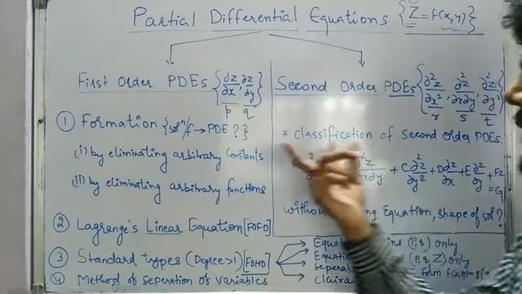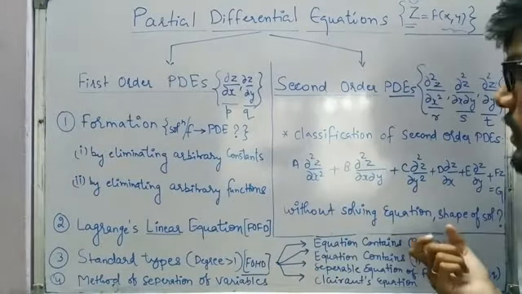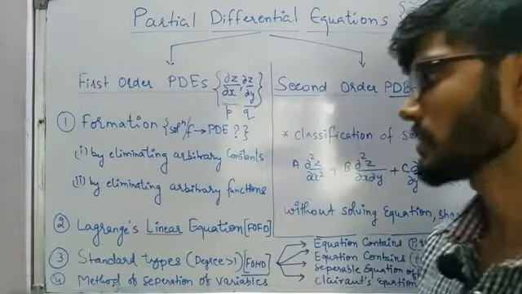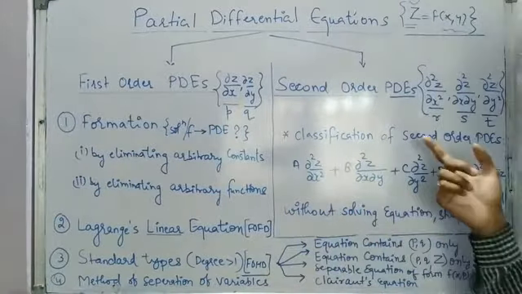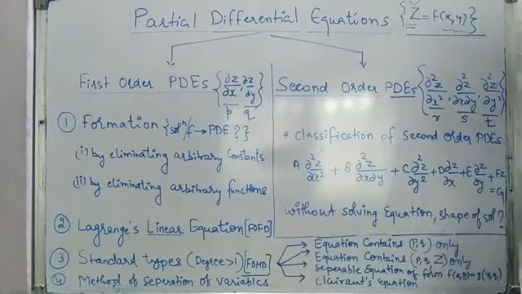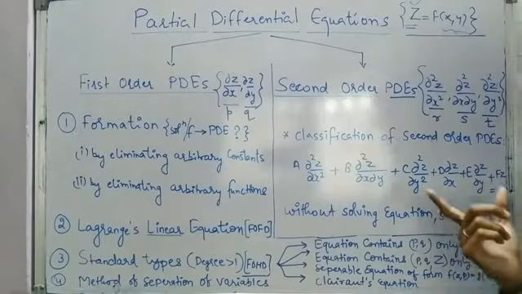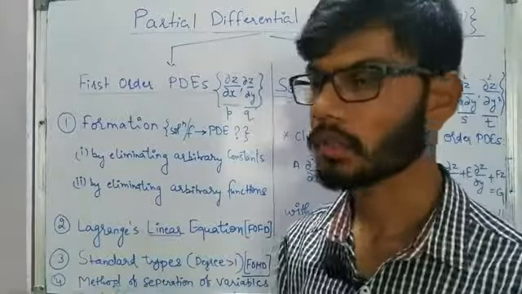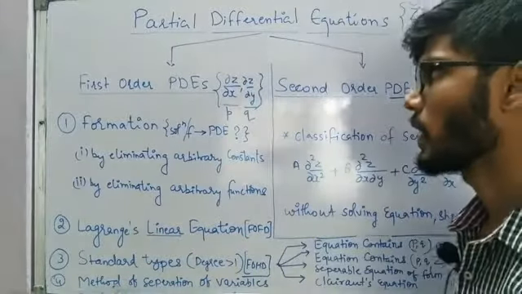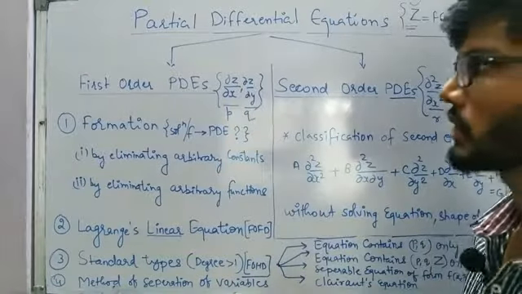So we are going to talk about first order partial differential equations and second order partial differential equations. In that too, first order partial differential equations are going to be our main focus, because in the case of second order partial differential equations, only classification is going to be the main part, and we'll try to solve a few problems in that. But in the case of first order partial differential equations, we have to talk about a variety of things. So how are we going to define whether the partial differential equation is of first order or second order?